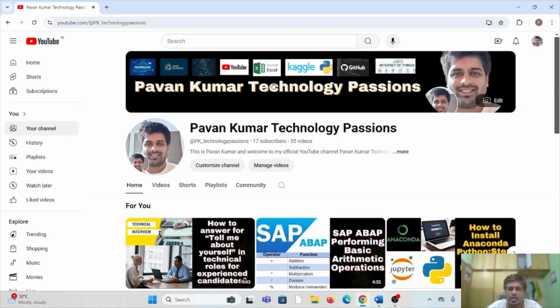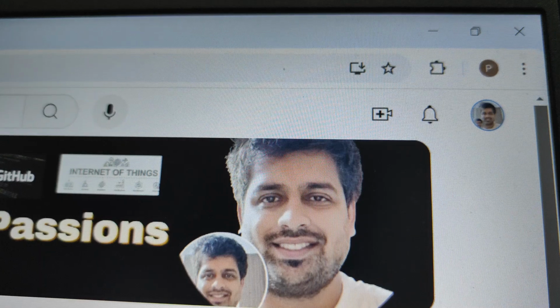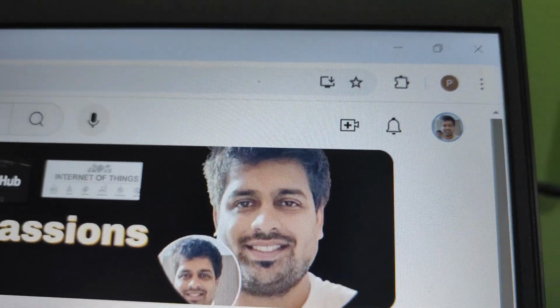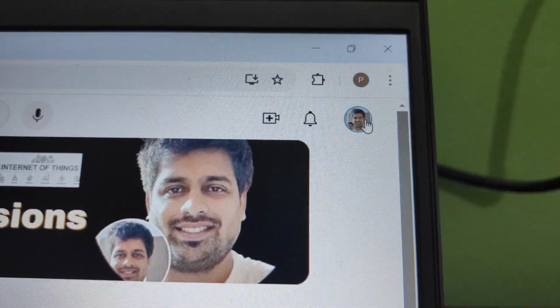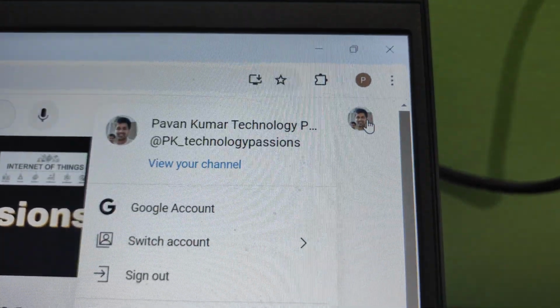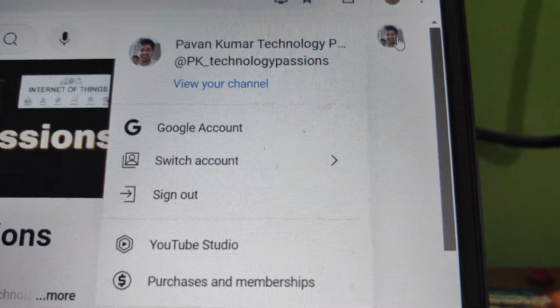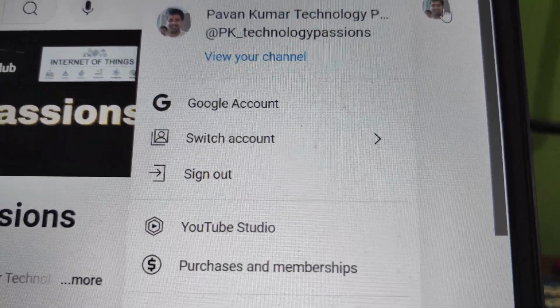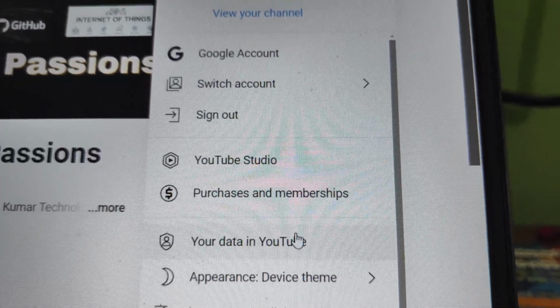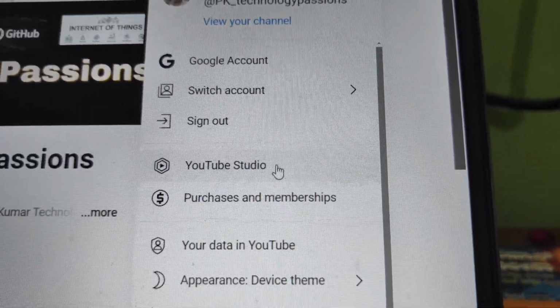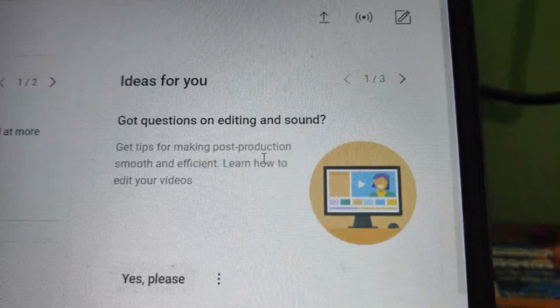Here you can see home, videos, shorts, playlists, community and all. On the top right, sign in to your YouTube account. On the top right you can see your profile picture. Click on that option. Here you can see various options like Google account, switch account, sign out, YouTube Studio and all. Click on YouTube Studio. Once you click on YouTube Studio,